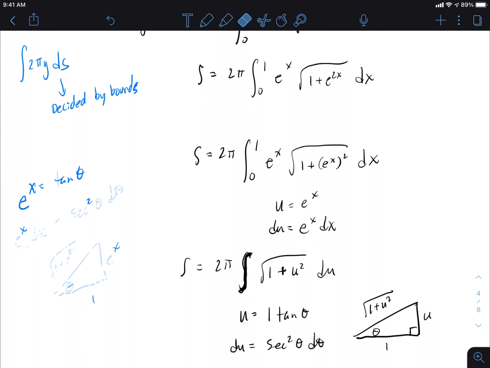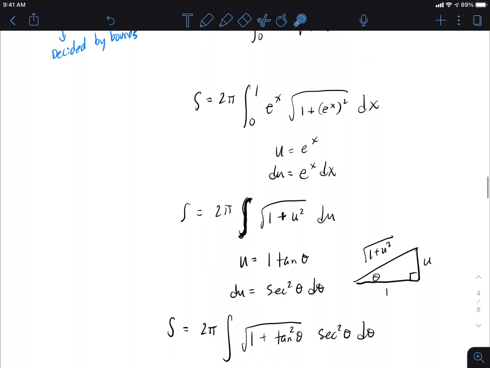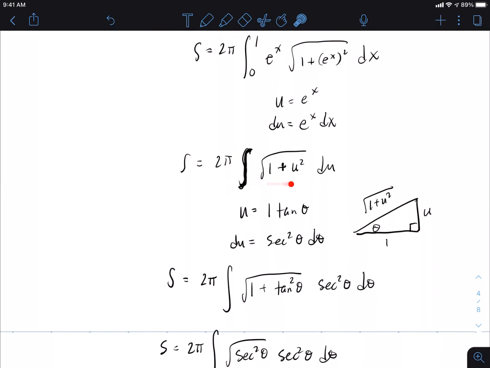So if you feel sophisticated enough, you could have attacked it that way. It's just, I didn't want to lose people on the way. So then once we have this, we did do the trig sub, and we ended up with this crazy